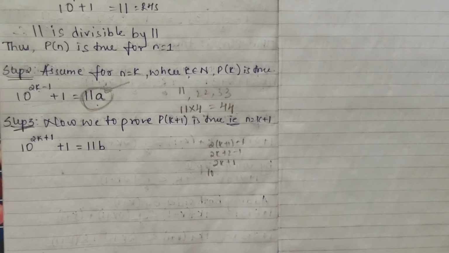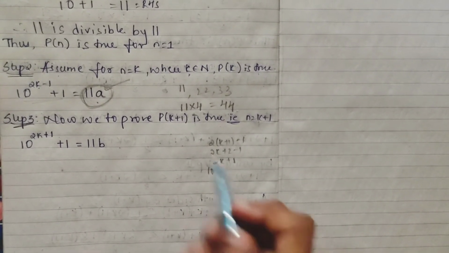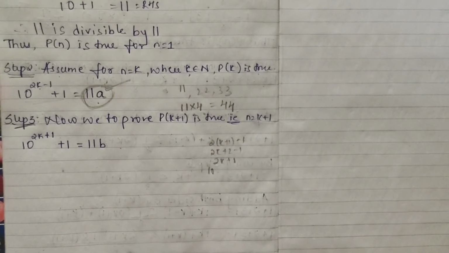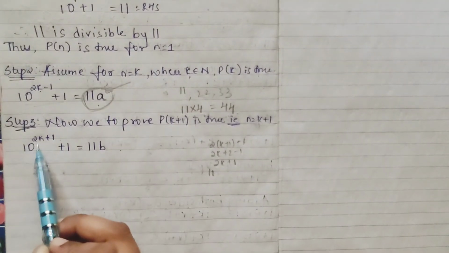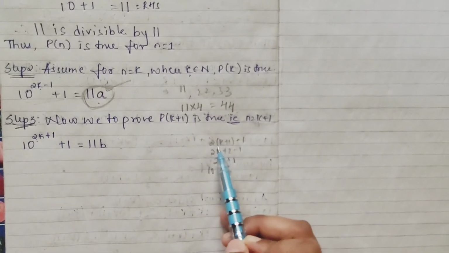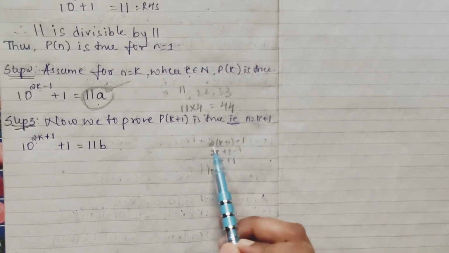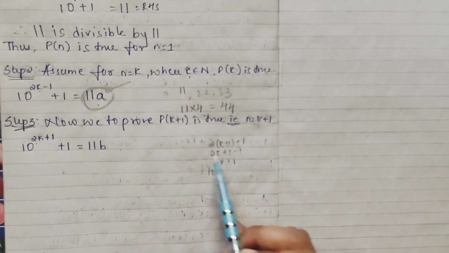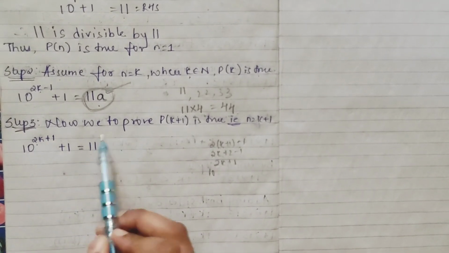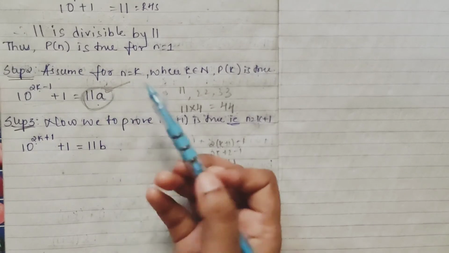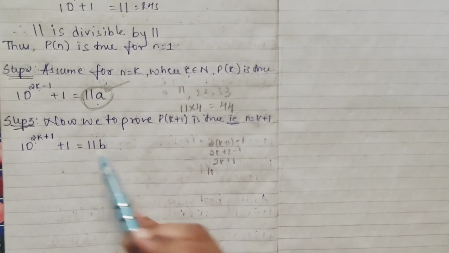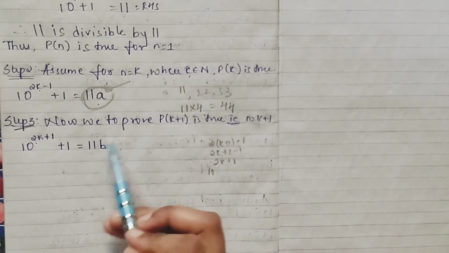Next step is your step 3. Same, now you have to prove for P of k plus 1 is true when it is n is equal to k plus 1. So wherever n is there, you put k plus 1. So in this part, it is 10 raised to 2n minus 1. So in place of n, what we put, k plus 1, right? So how it becomes 2 into k plus 1 minus 1. So if you multiply, 2k plus 2 minus 1, you get 2k plus 1. So 10 raised to 2k plus 1 is equal to 11b. Here we have taken b because here already one arbitrary we have taken. So it becomes 11b, obvious, because it becomes a multiple of 11, anything it can be.